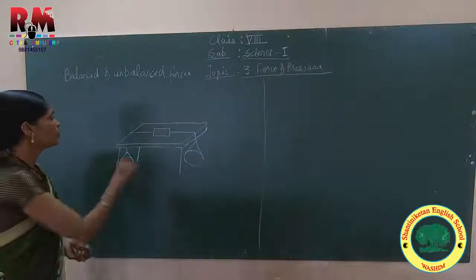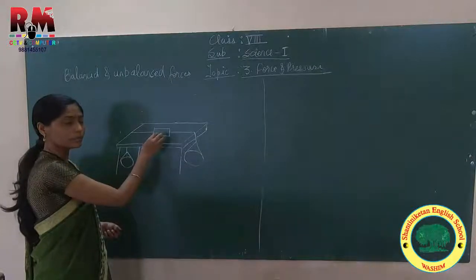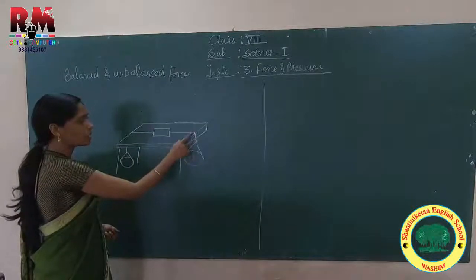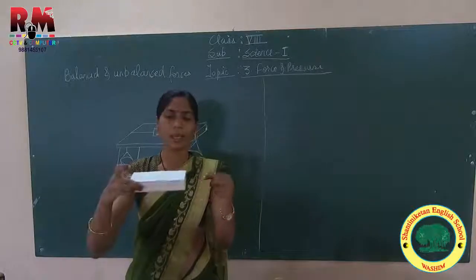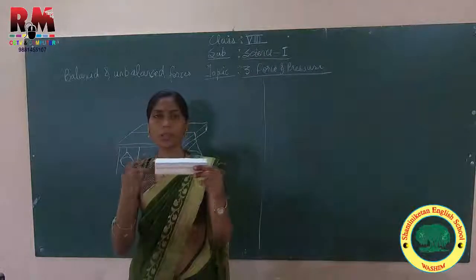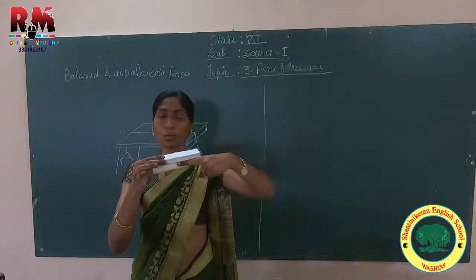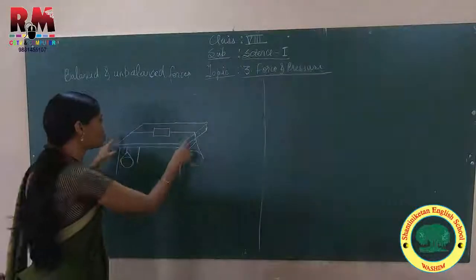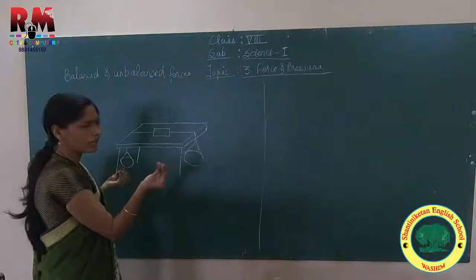forces means. Okay, so this is one table, and on this table we have placed one box. Through this box we have passed one thread. Okay, suppose this is the box, and the box is empty and we are just passing two threads through it. The thread will pass through this box and come out from the other side. Okay, so these two sides of the thread are tied with weighing pans. We are taking two pans,